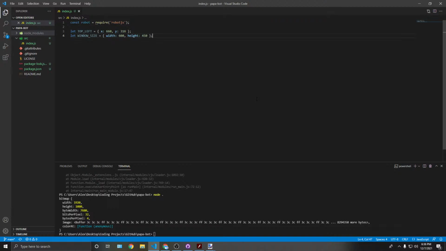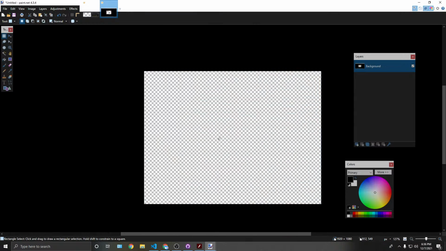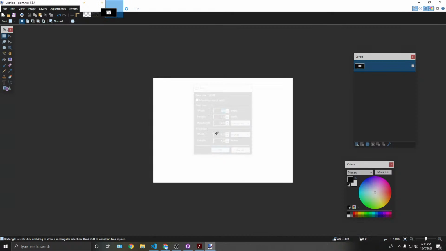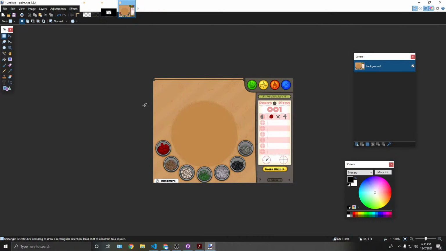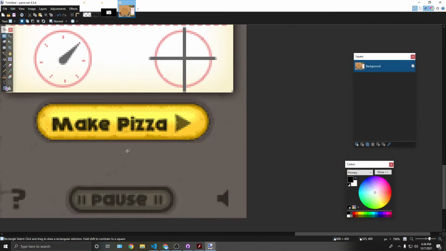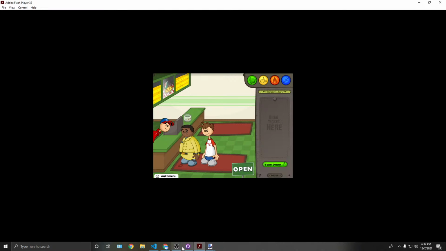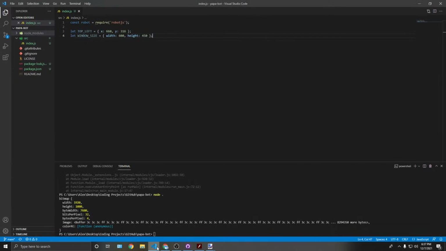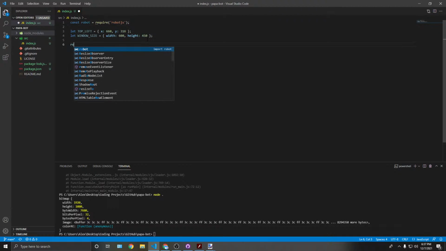So say I want to click, if I cut this out, new, paste this here, now I can say click on this pixel. So this is, let's do 560, 390. So robot dot mouse click